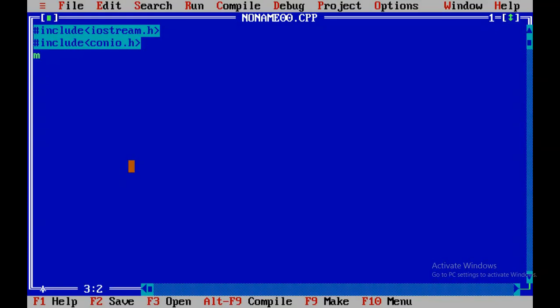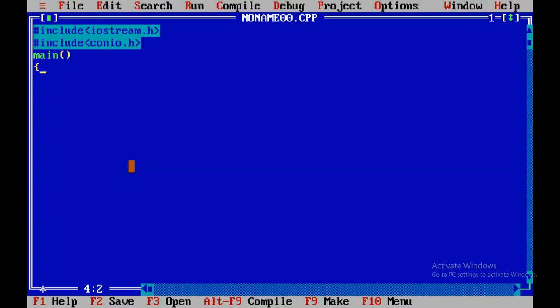Let me enter the next, third line: main, open parenthesis, close parenthesis. I am explaining slowly because this is a little difficult to understand, how to write code in C++ programming. These are all called statements in C++ programming. Each line is called a statement.